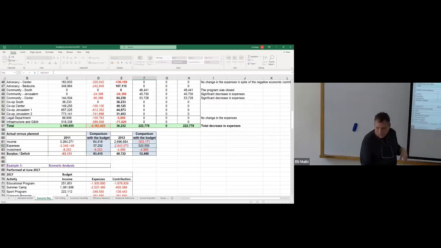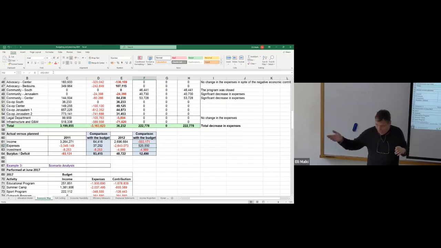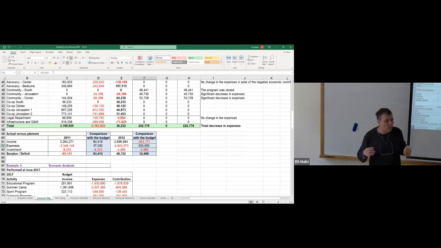There was a cost saving compared to the expenses that were after the recovery plan, after the saving that was created here, the 222 that was created compared to 2012, there was an additional 500,000, which means basically that we don't see the breakdown of the programs in 2012,